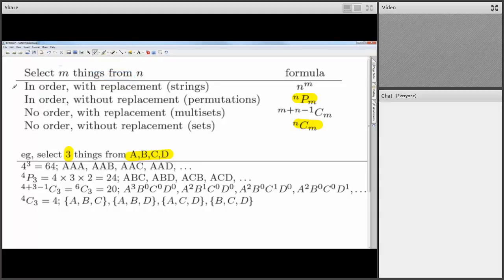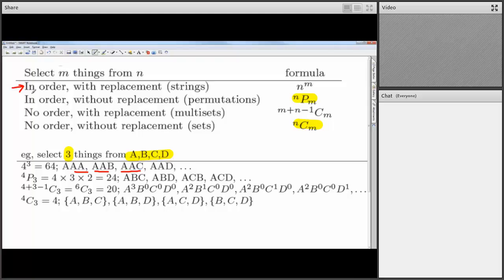The first case is the ordered one, where we actually care about the order you write them down on the page. So you're going to have 3 different letters. If you're writing on a piece of paper, that ends up being a word. If you allow the letters to be reused, so with replacement, they really just produce different strings. So AAA, AAB, AAC, etc. All the different possible strings you can make with the letters A, B, C, D. All different words, if you put it that way.